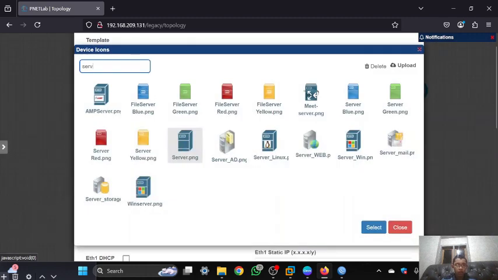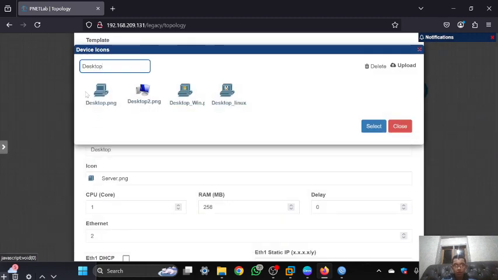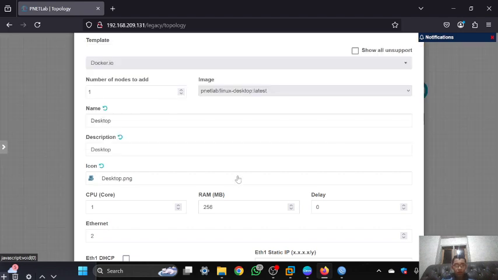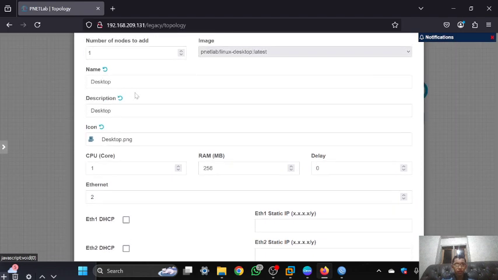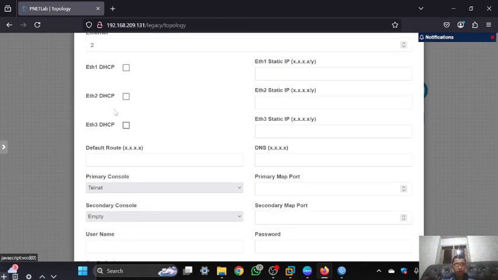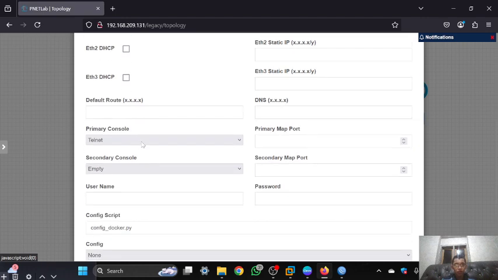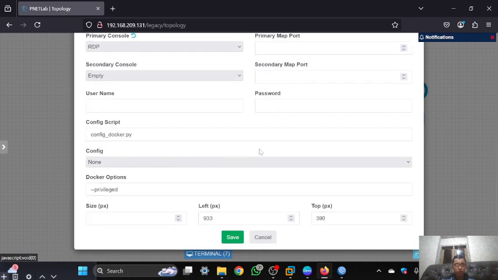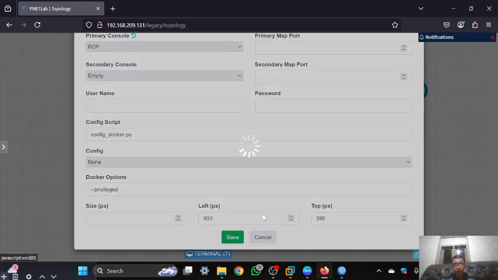In the icon, after that you can click the Ethernet 1 DHCP, and the primary console is RDP, and you can click save.